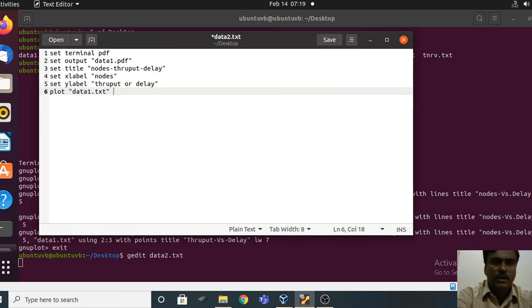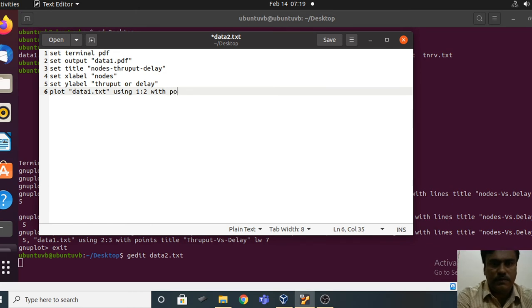Plot from data1.txt using 1:2, that is nodes versus throughput, with points.